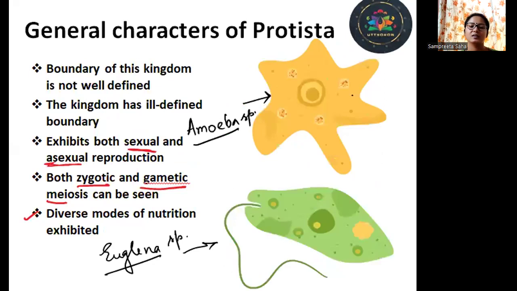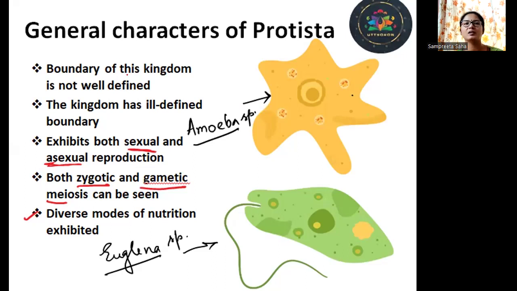Now another thing I'd like to say about the kingdom Protista is that the diversity is so much and the boundaries of the kingdom are also not defined. These 2 points I have discussed. Relating to that only, a protist can be an algae for some biologists, and it can be protists for some other biologists. So there is still a difference in the opinion as to the members of the groups, as to which one they should be placed in. There is enough ambiguity observed among the schools of thought.